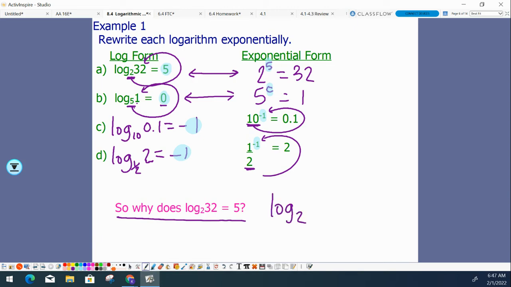Log base 2, what we want to do is figure out 32 is what exponentially? Because 32 equals 2 to the 5th, what we're going to do is replace 32 with the power of 2, 2 to the 5th, and it will equal 5, because just like